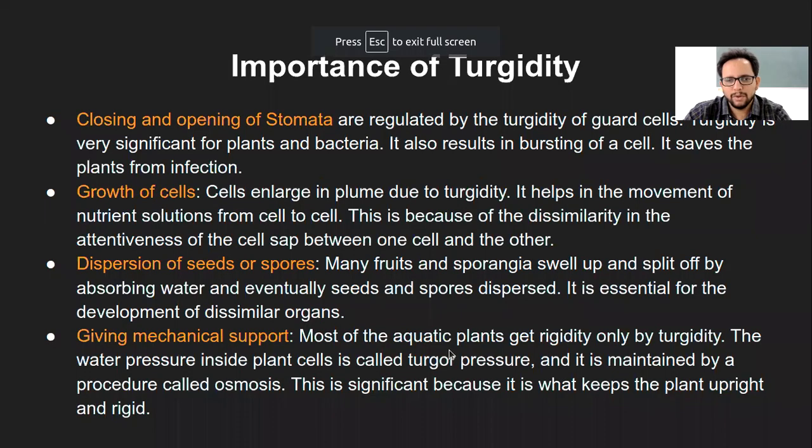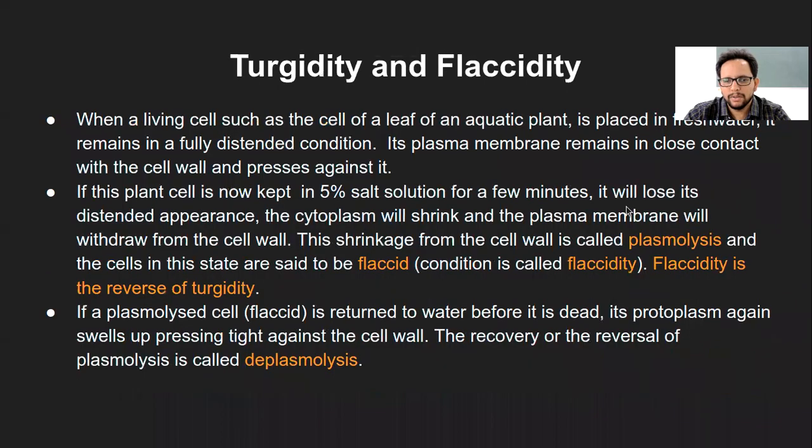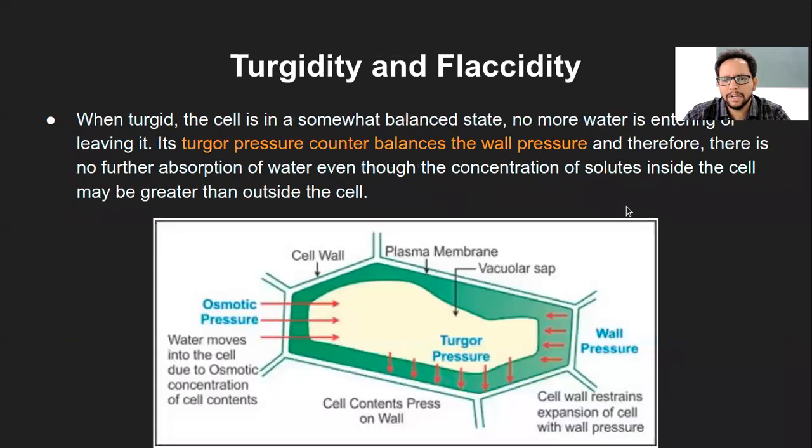Okay, so just to give you a brief idea from the earlier part, we already know what turgidity is. We already know what flaccidity is in terms of situation. Just these two technical terminologies which we had seen in the last class, that is turgor pressure, which is a pressure acting on the walls of the cell by the fluid present in it.